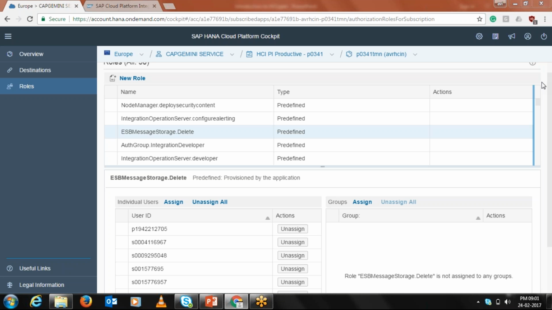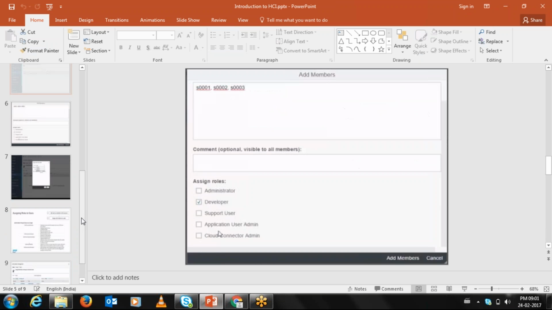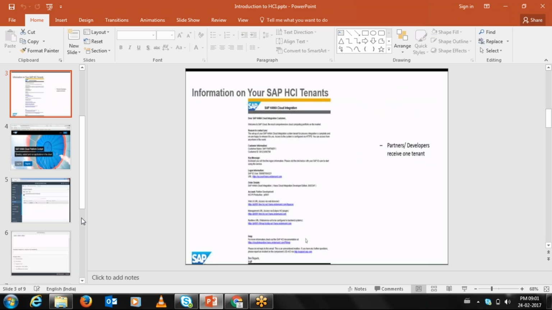Today we are having it. So I just showed Satya and Raghu what you might be aware of, that we see a tenant and how do we access it.